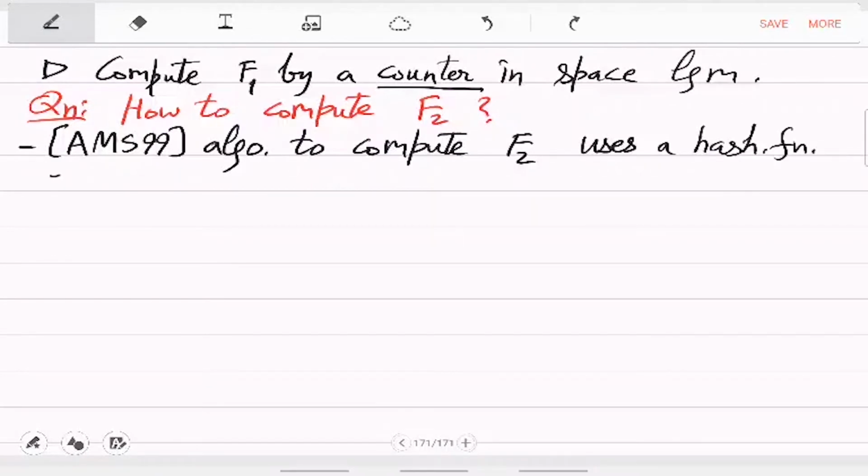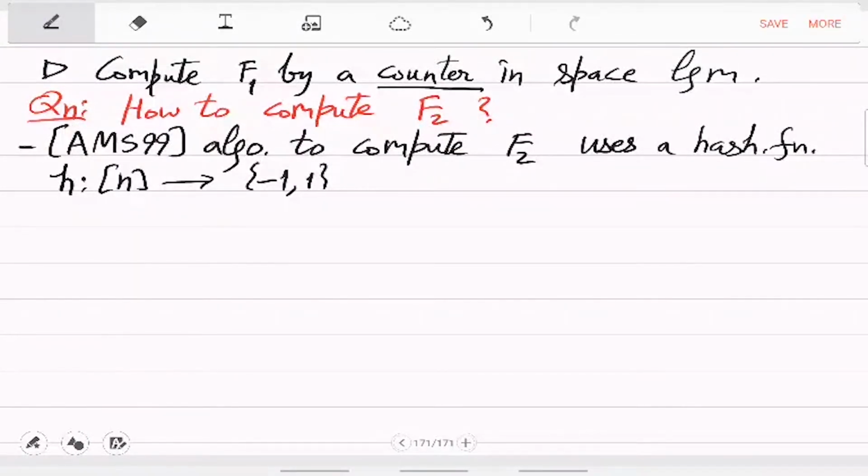A hash function h, like the previous algorithm, but unlike the previous algorithm, this will have a range of plus minus 1, okay, which is very strange. It actually will assign a sign to a token, plus sign or minus sign,